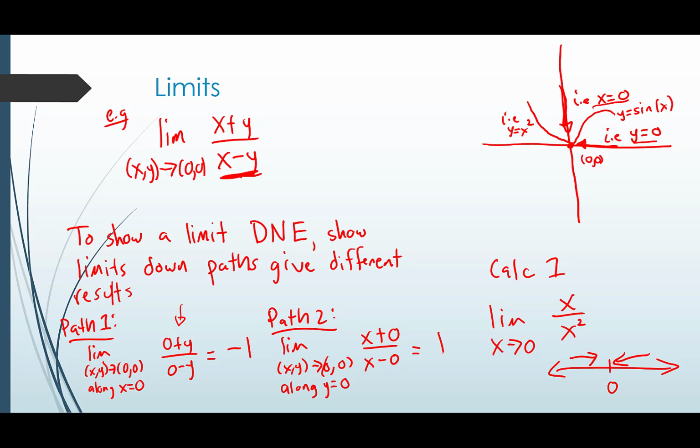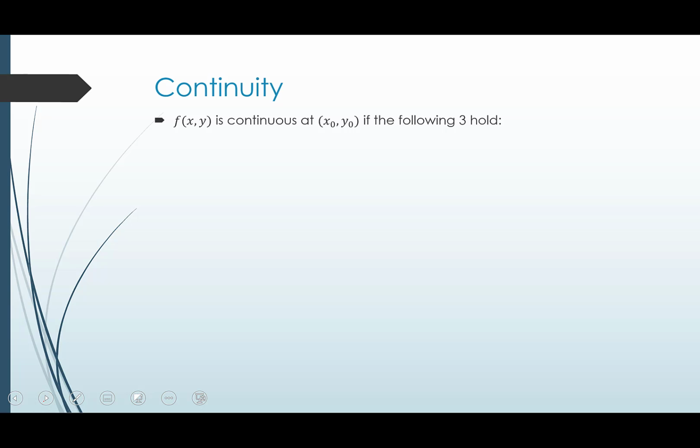So what did we just show? We showed that if you travel along two different paths, you got two different outputs, or two different limiting values. So that means that our limit does not exist. Remember, review these ideas if you need a little bit of a refresher. We're going to use this idea in 350 at some point, so if you're unclear on limits, go back to your multivariable calculus notes. We will see it again.